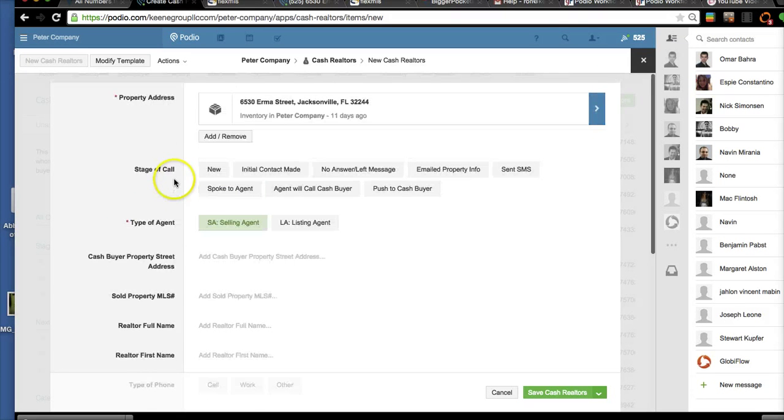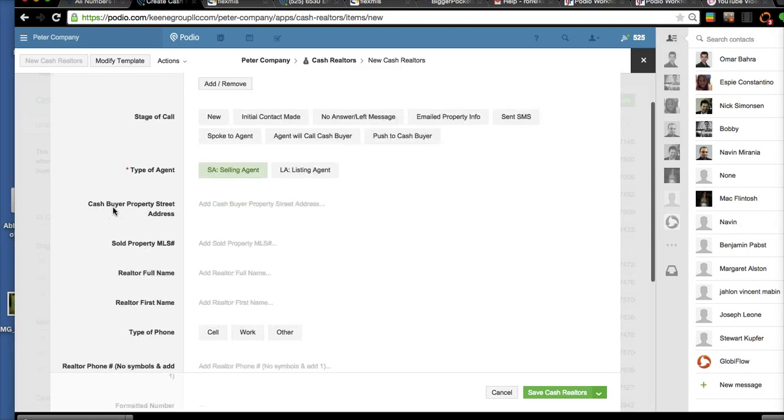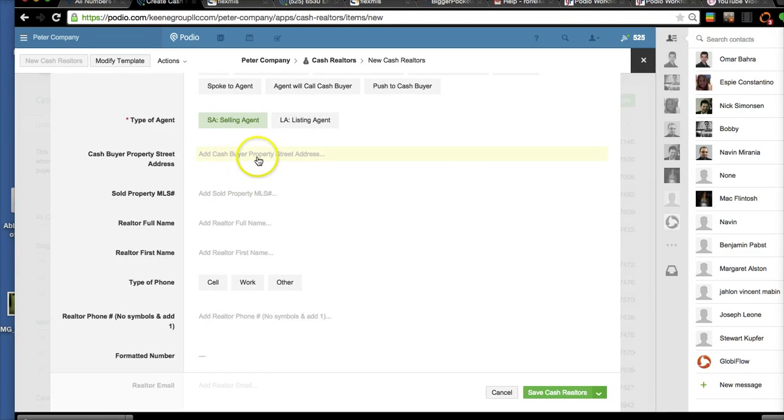Okay, now what you're going to see here is the type of agent. She has to pick selling agent or listing agent. This is very important because when you communicate with the selling agent, you're going to have a different type of email, different type of text than the listing agent. Okay, and you're going to put in the property address,